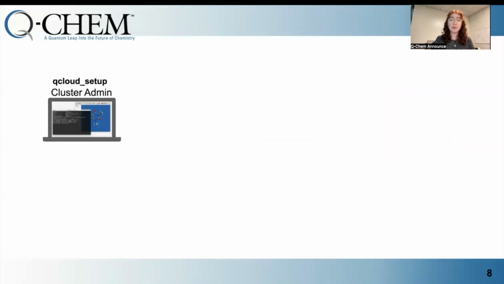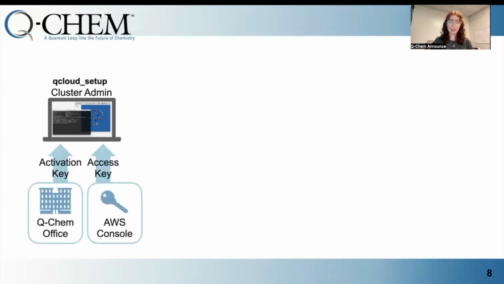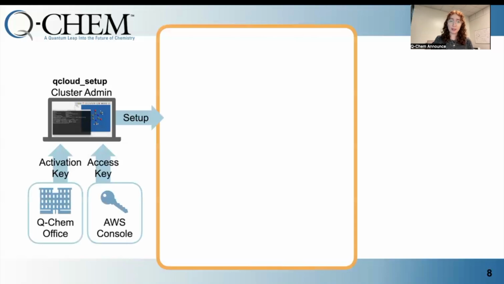I don't know about y'all, but I like a good diagram. So let's diagram it out a bit to talk about the way that the setup works. You start with QCloud setup with the cluster admin, right? And as I previously mentioned, they get the activation key and the access key from the Q-Chem office and the AWS console, respectively. So they get both of these keys and they run the setup script to create basically